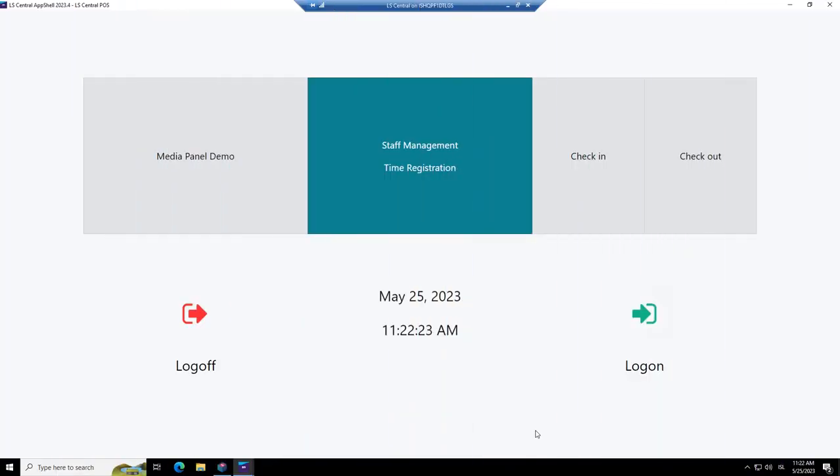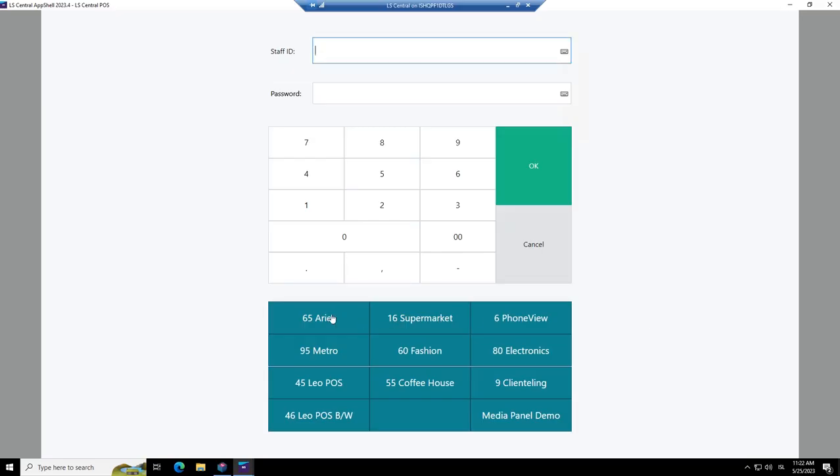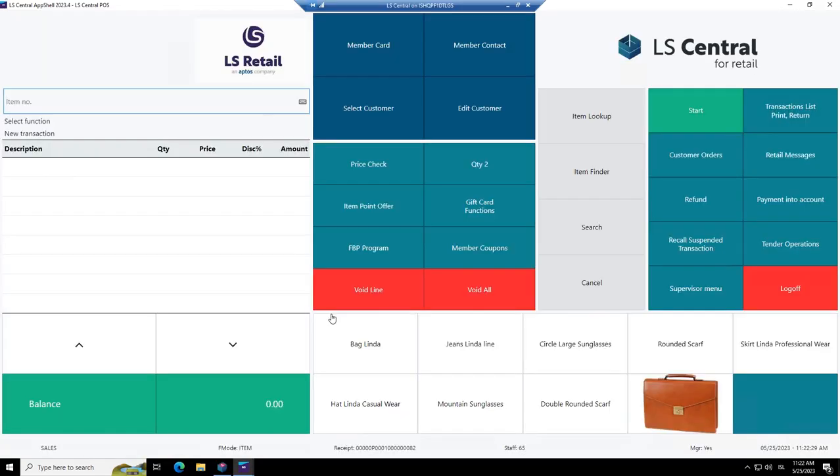Now we're going to look at item lookup in the POS. So let's log on and open the Arius POS. Here we have a button called item lookup. Let's get familiar with it and use it. Select the button,